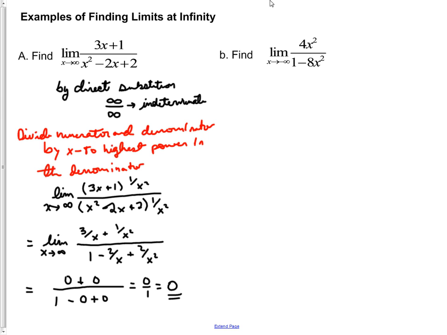All right, let's try it again. This time, let's try it with the limit as x goes to negative infinity of 4x squared divided by 1 minus 8x squared. And again, we use our rule right here. It says that we're going to divide the numerator and denominator by x to the highest power in the denominator. So this is going to be the same as taking the limit as x goes to negative infinity of 4x squared over 1 minus 8x squared,